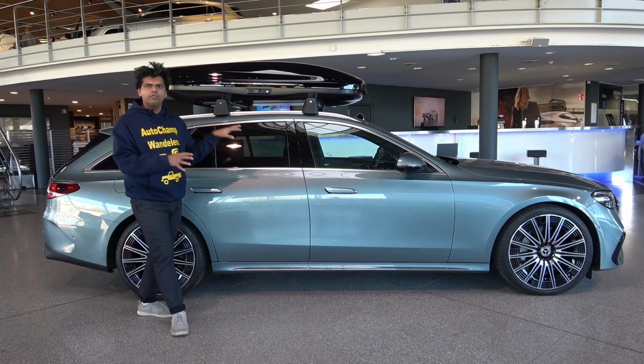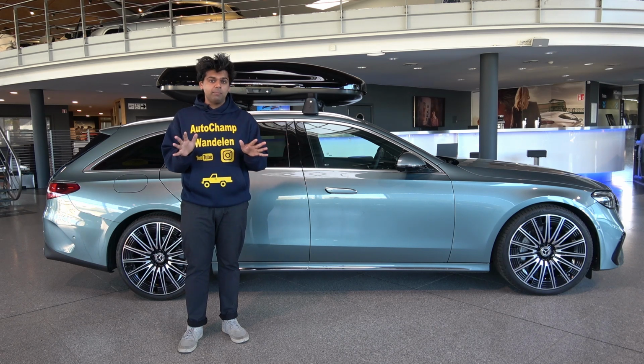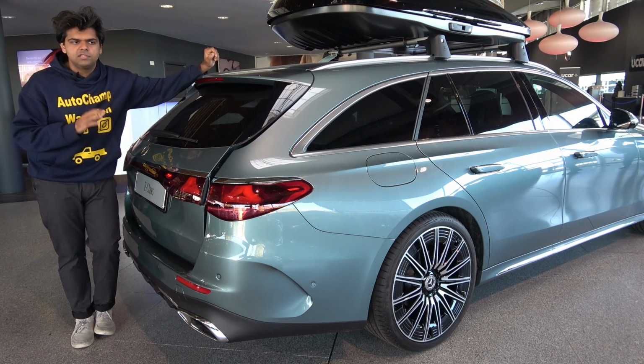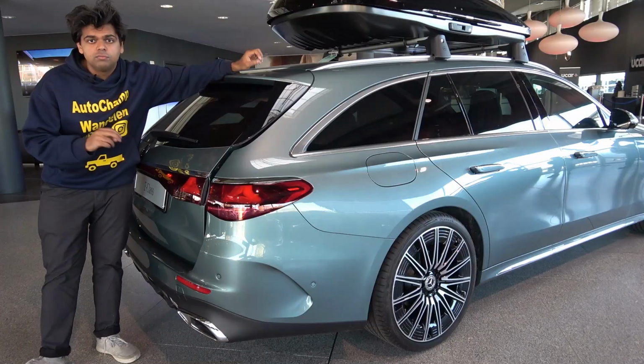Hello everyone, over here I present you the Mercedes E-Class estate wagon, and I have to say it is a new chapter for Mercedes. Let's talk about it. Now, I had great pleasure reviewing the Mercedes E-Class sedan version. I love the design from certain angles, but then unfortunately it was not all pink roses, and trust me, the